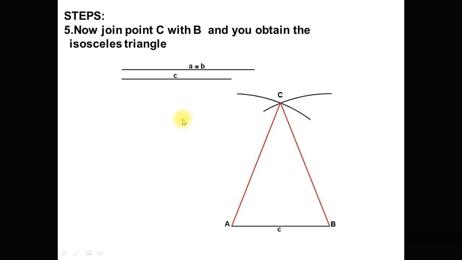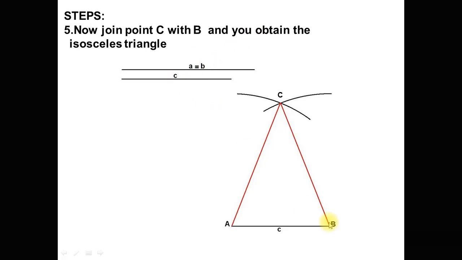So dear students, for the construction of an isosceles triangle, first of all note what an isosceles triangle is. An isosceles triangle is a triangle in which the lengths of two sides are equal. So in the given data we have the length of the two sides and the length of the other side, which has a different length as compared to side A and side B. So first of all, draw this side C. Suppose side C has a different length as compared to side A and side B.